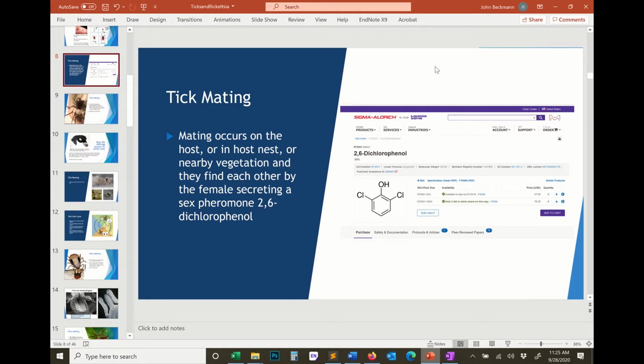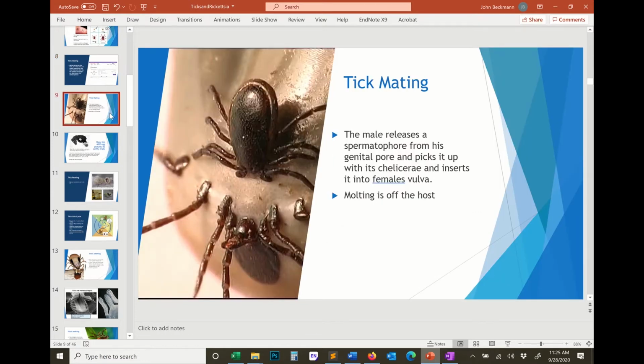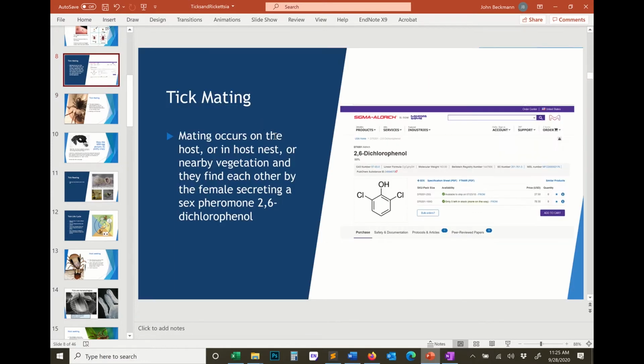So they have this host seeking and feeding behavior because mating actually occurs on the host or in the nest. If you find a female on a mouse or something, oftentimes you can find a male who is also on that host, and they will find each other on that host to mate. And the females will secrete a sex pheromone,